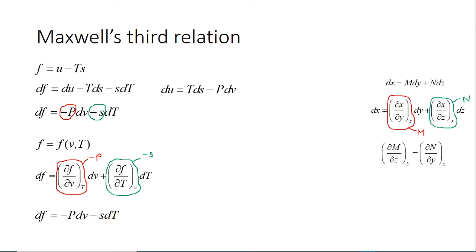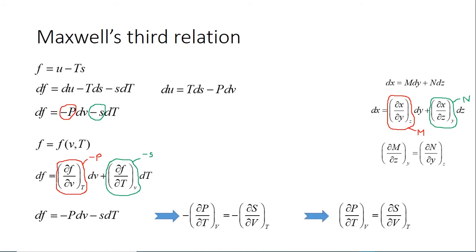So again remember the fundamentals, you have to use these fundamentals. So what you can write now, this negative sign will be there outside the bracket. So minus of ∂P/∂T when volume is held constant is equal to minus of ∂s/∂v when temperature is held constant. Now since we have negative on both sides, we can remove the negative sign. So the final equation, known as the third Maxwell equation, is ∂P/∂T when volume is held constant equal to ∂s/∂v when temperature is held constant.